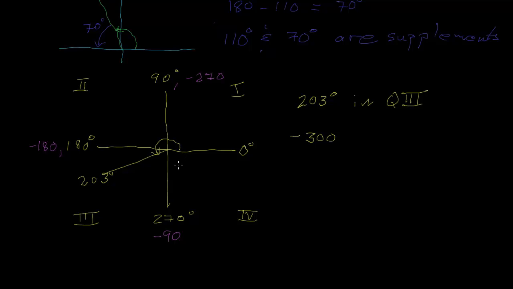And it could also be 360 if I'm rotating all the way around, positive or negative. So negative 300 is somewhere up here. I've rotated negative 90, negative 180, negative 270, and negative 300. Negative 300 then is in quadrant